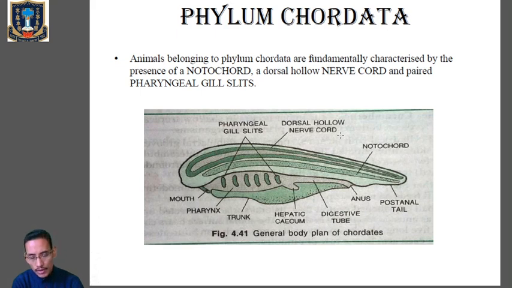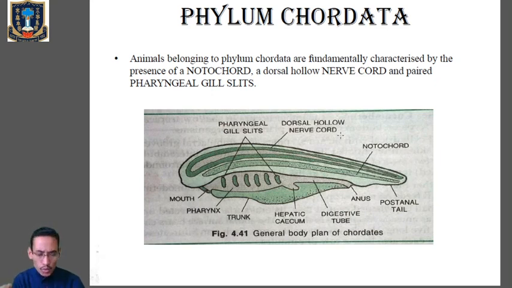Now the most important thing is: what are the special features or characters that must be present in an organism that belongs to the phylum Chordata? What are those important diagnostic features that must be present in an organism so that it belongs to phylum Chordata? Let's think of it. What can be those characters that will enable organisms to be included in